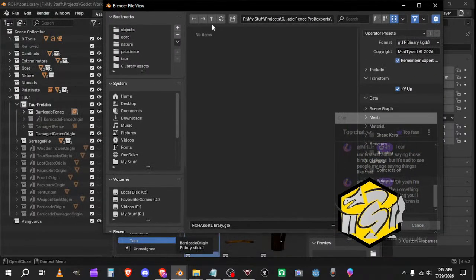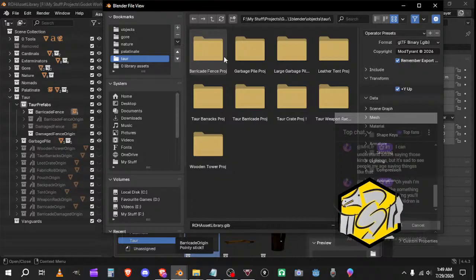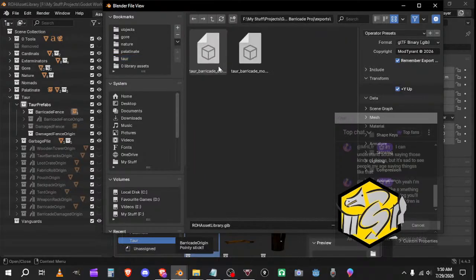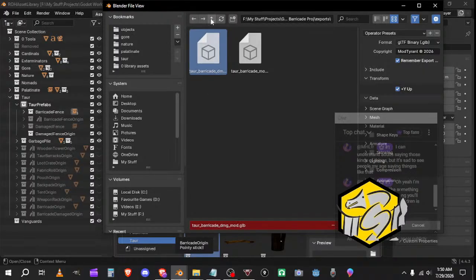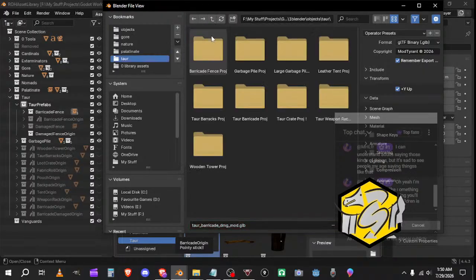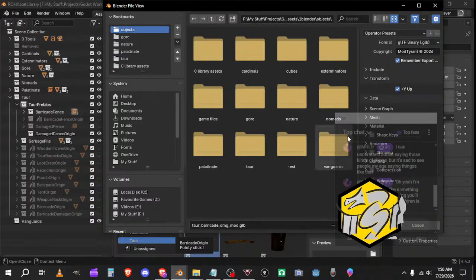And then what would I even call this? I forgot. So we got tile barricade model, we got tile barricade damage model, because those are like actual models. So this would be an origin point, which would be the same thing that the map uses. So